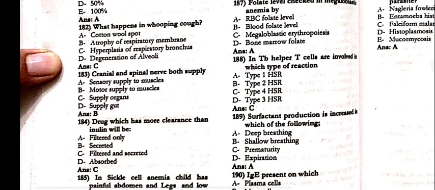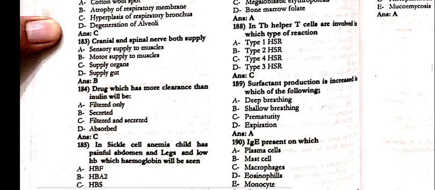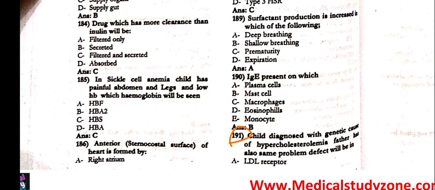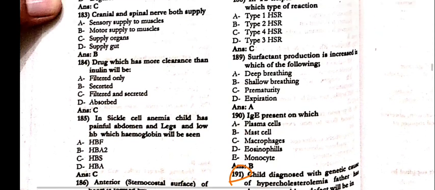The cranial and the spinal nerve both supply the motor supply to the muscles. Drug which have the more clearance than the inulin will be filtered and secreted. Sickle cell anemia, the child has the painful abdomen and the legs and low HB. Which hemoglobin will be seen? That is the HbS. The anterior sternocostal surface of the heart is